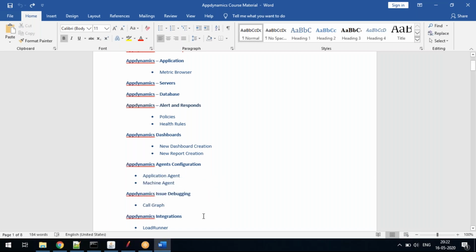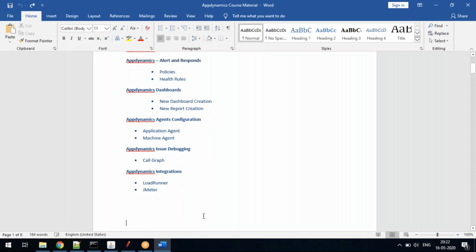And then the AppDynamics integration part, as I mentioned, LoadRunner and JMeter integration. I'm going to show you how to do an injection in LoadRunner and JMeter, and how data is going to come into AppDynamics. Sometimes people will ask whether it is real user data or tool-level data.